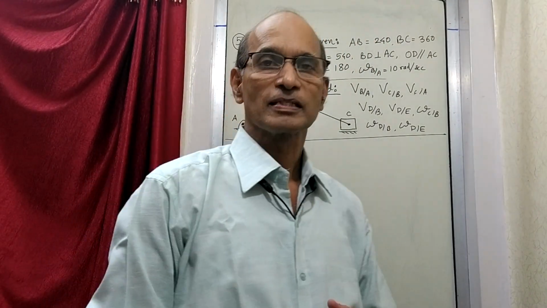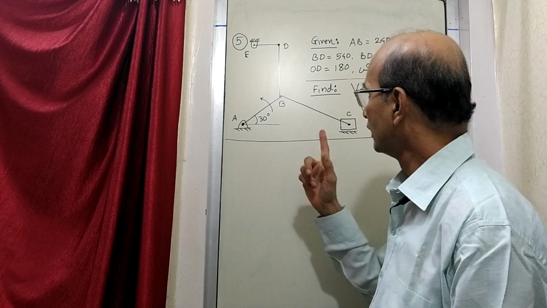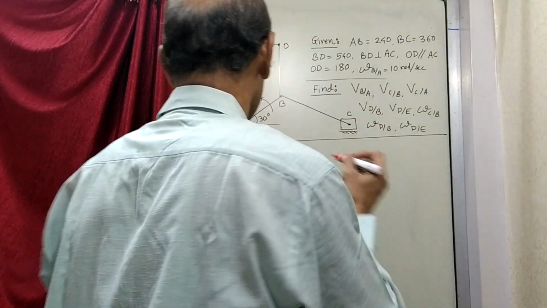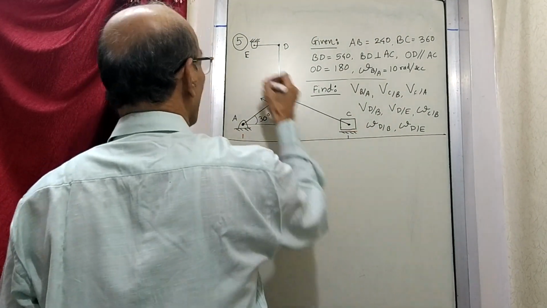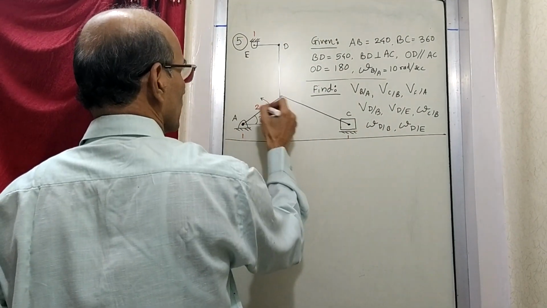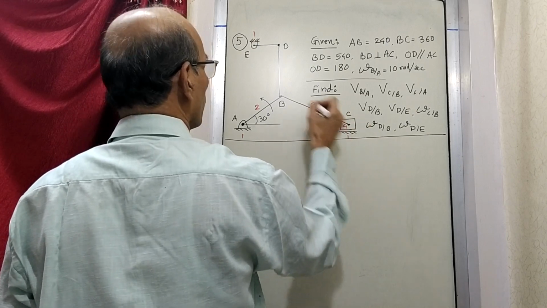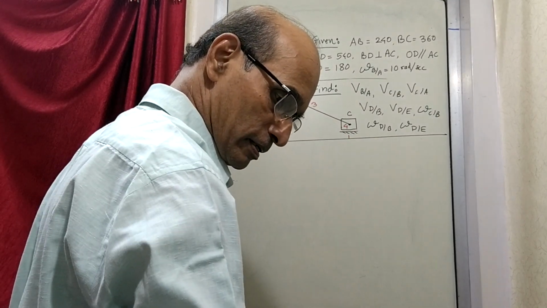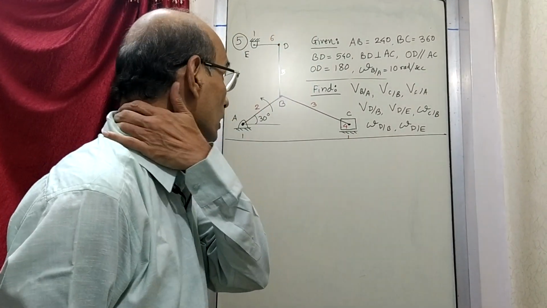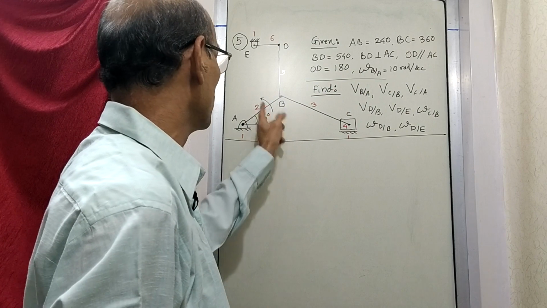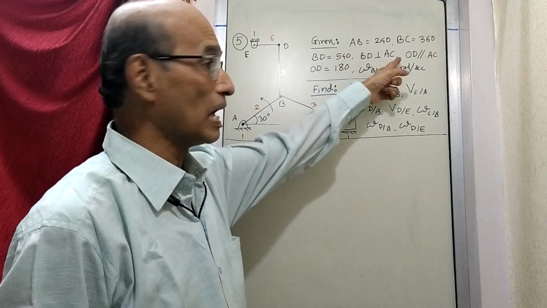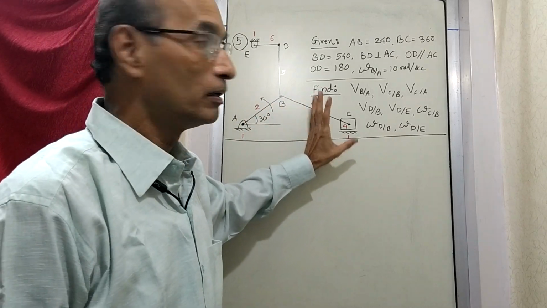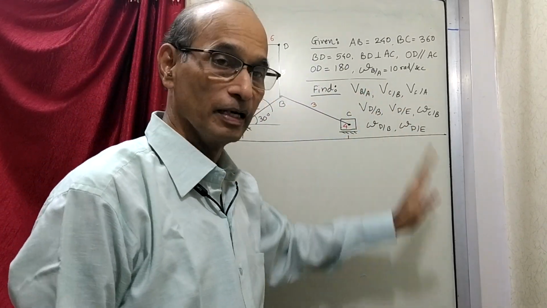Okay, so this is exercise number 5, problem number 5. Again, you can see there are different number of links. Let's number the links. This is link number 1, the fixed link. Link number 2 here, 3 here, 4 here, 5 here, and 6 here. So there are 6 links here, and we are given the angular velocity of B with respect to A. That is given, and all the dimensions are given, so that you will be able to draw this figure. After you draw this figure, the things that are asked are here.